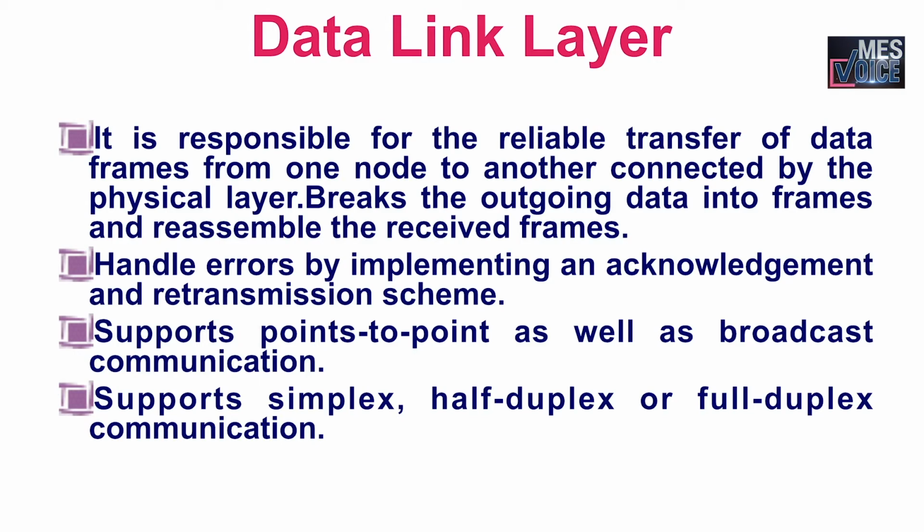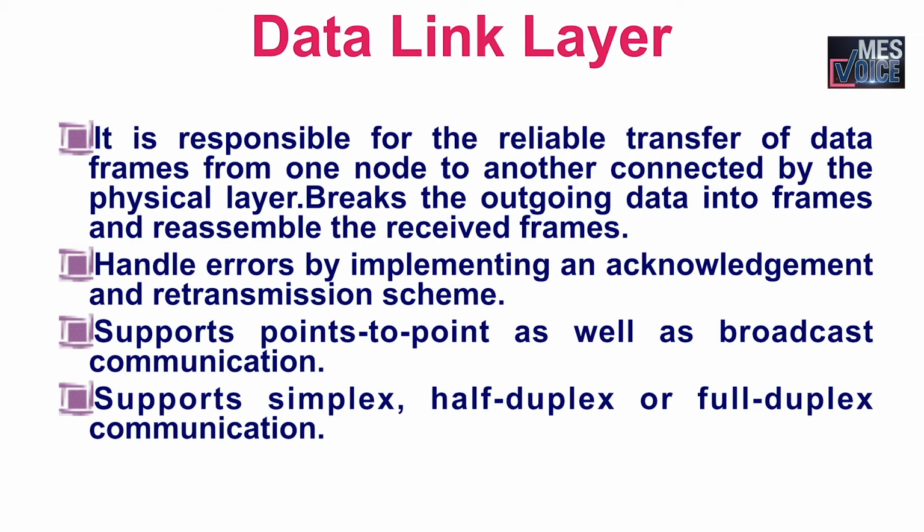Data link layer receives data packets from network layer. Data packet contains IP address of sender and receiver. There are two types of addressing, logical addressing and physical addressing. Logical addressing is done at network layer, where senders and receivers IP addresses are assigned to each segment to form a data packet. Physical addressing is done at data link layer, where MAC address of sender and receiver are assigned at each data packet to form a frame.